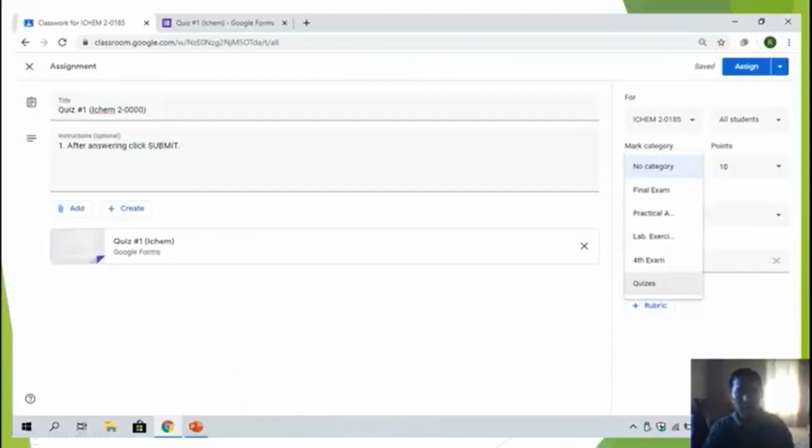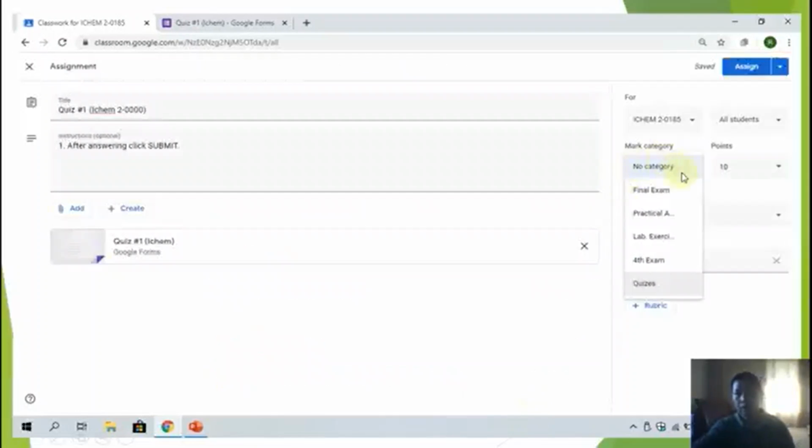Then be sure to click this here and save draft. Everything you did in the Google Drive will be saved automatically. You can see this one. But for sure, so that you are sure that you already saved, you can click here and save draft. So now you can see this window.